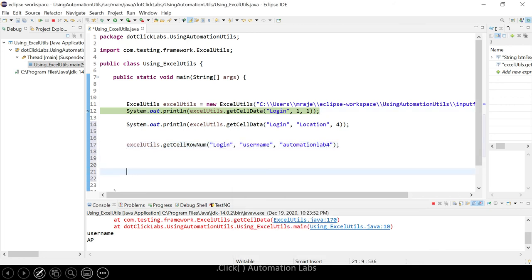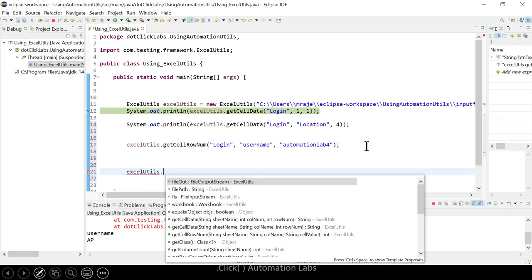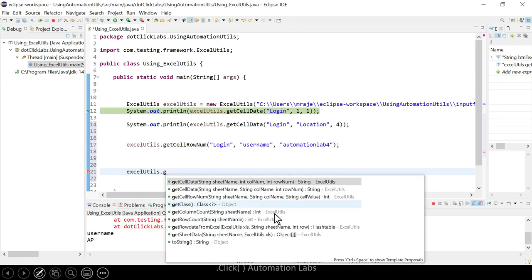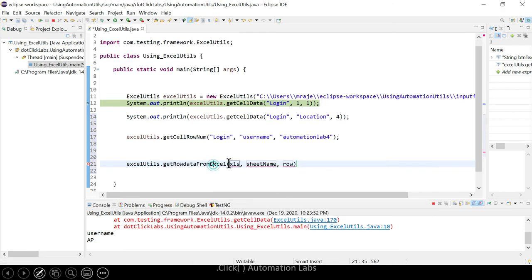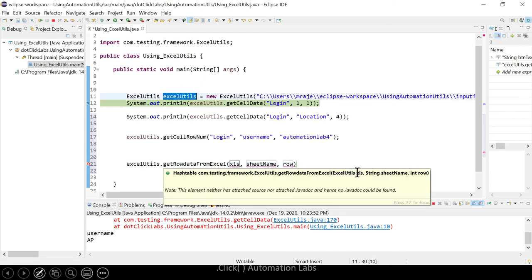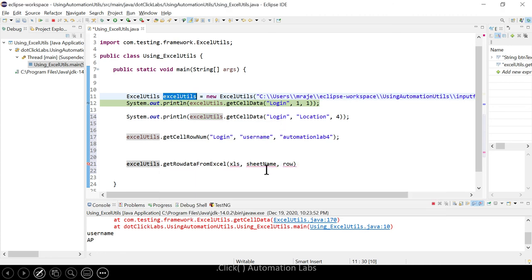Excel utils dot. Now we'll see get row data from Excel sheet. This will take Excel utilities as one object. Look at this, this is taking the Excel utilities class as an object. So this is the class and this is my object. Pass this as a parameter and mention your sheet name.